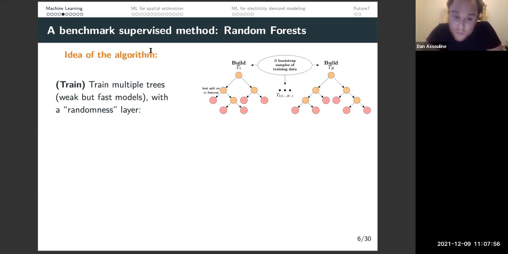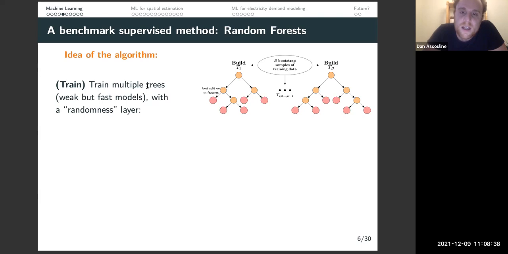Random forest is basically an algorithm that has an idea of trying to train multiple models that are not very good on their own, train all of them, and average the prediction of all of them. Just the way of averaging this prediction reduces the variance of the prediction and makes it better. You can use this with all kinds of algorithms. You can try 100 linear regressions and average the result. But in this case, they use trees, so decision trees, which are models that are not very precise,